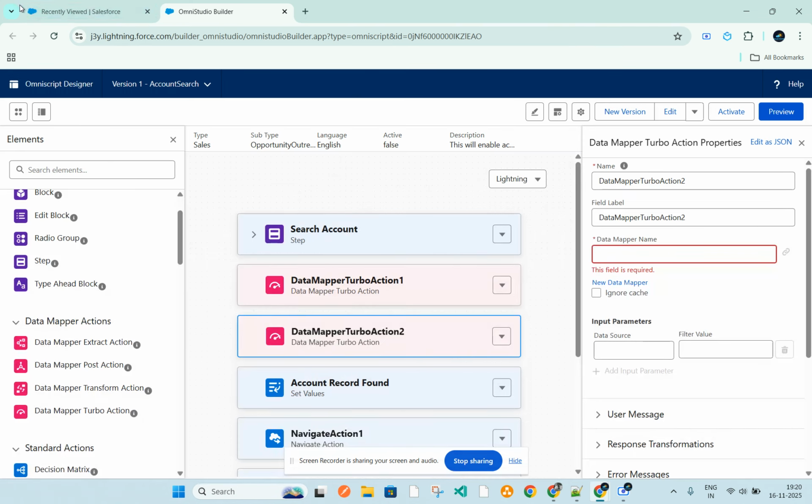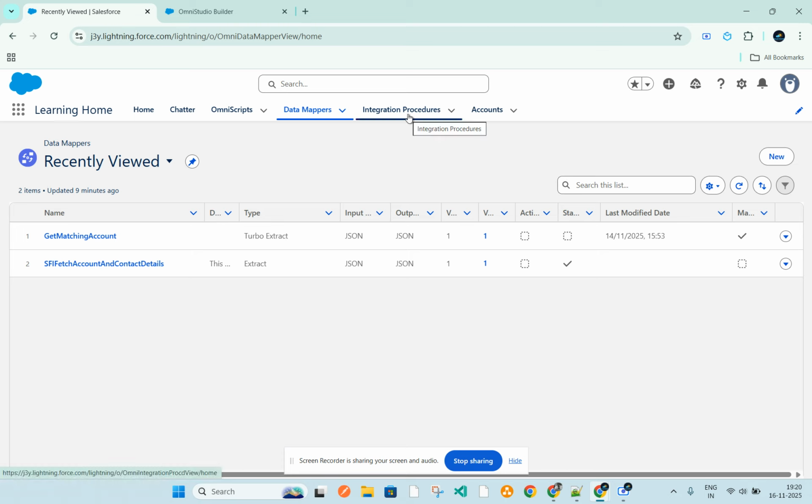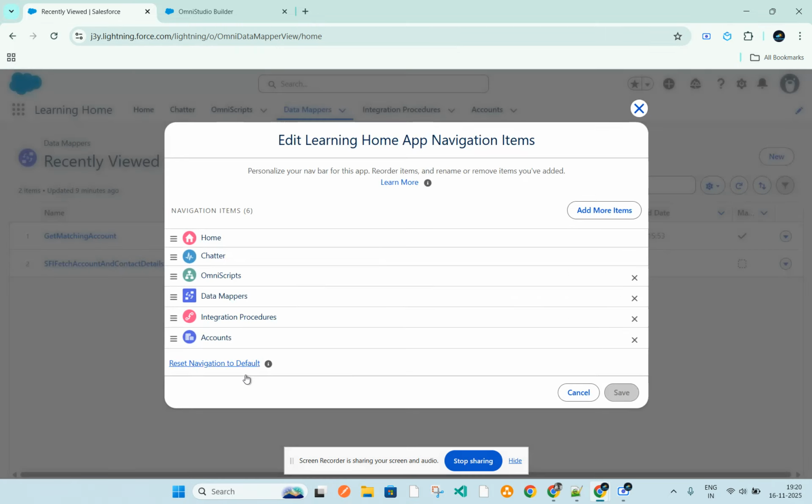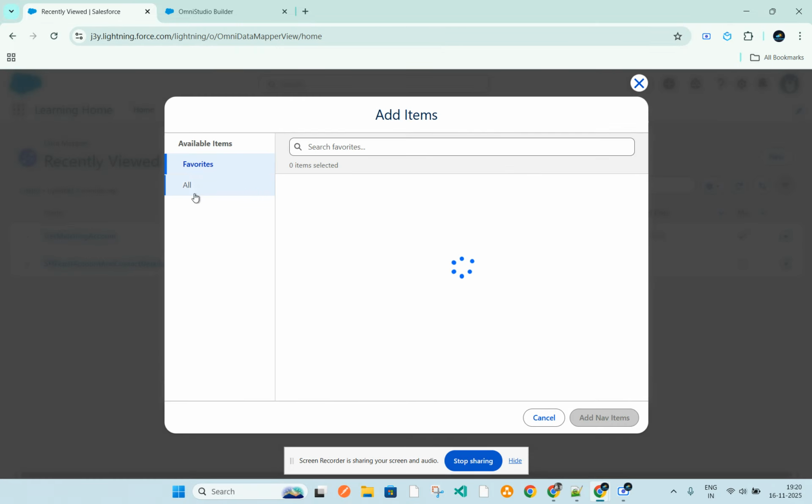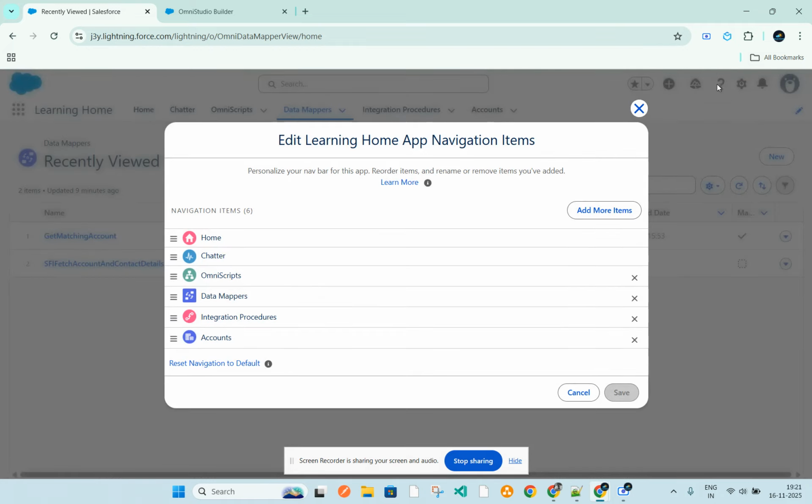And the other place is this one, where you can navigate to the data mappers tab. If this tab is not available, since this is a trial org and we don't have an app, you can always go and search for that tab, or you can click on edit tabs and add whatever tabs you want to add related to Omni. Okay, now